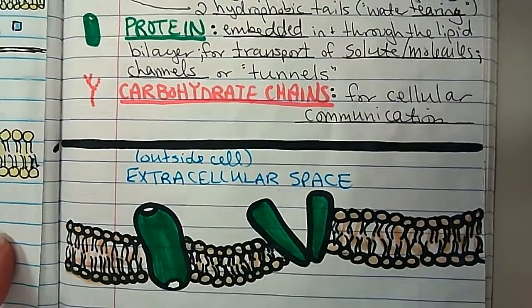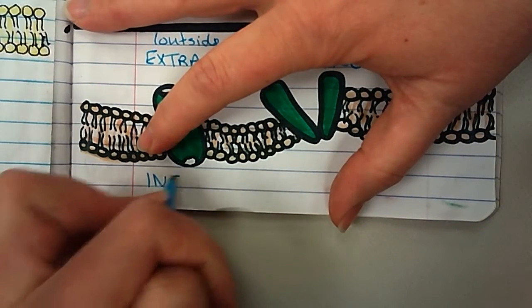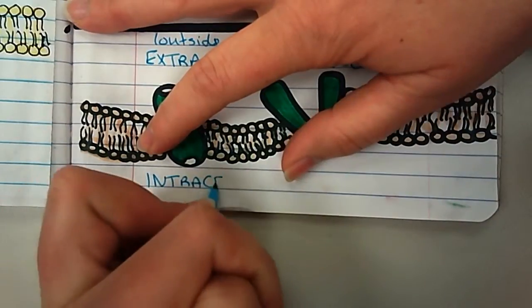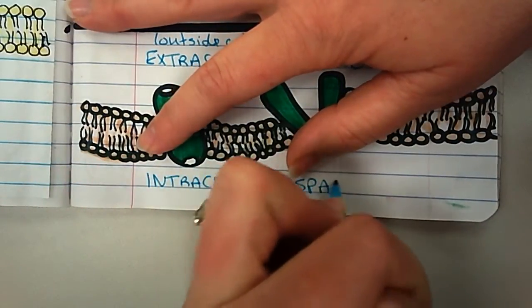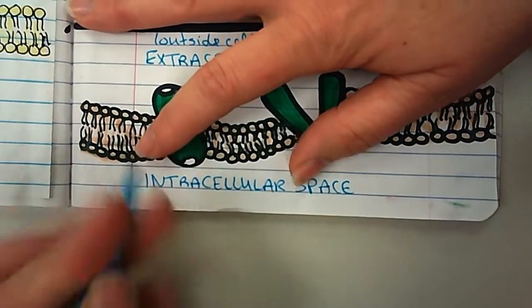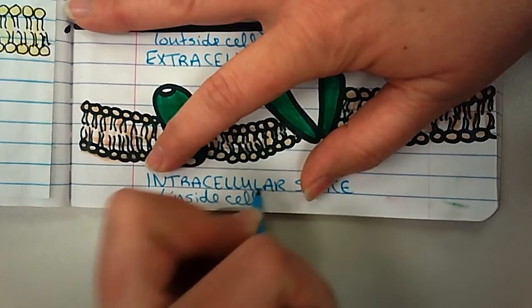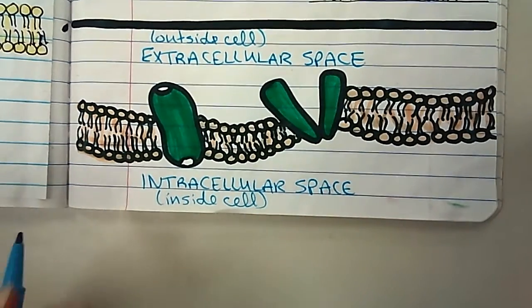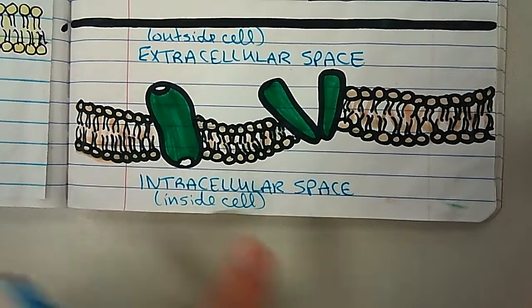And intracellular space. Intra means inside, so this is inside the cell. Space inside the cell. So, you know, this would be your cytoplasm down here, and this would just be the